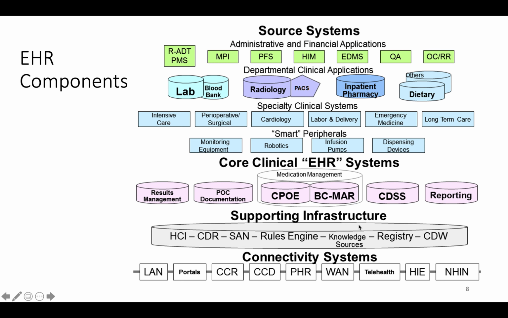There are supporting infrastructure and connectivity systems. All of these are different electronic systems that must work together to form the EHR, electronic health record. So now you can imagine the complexity of data and information that we need to work with and integrate to make